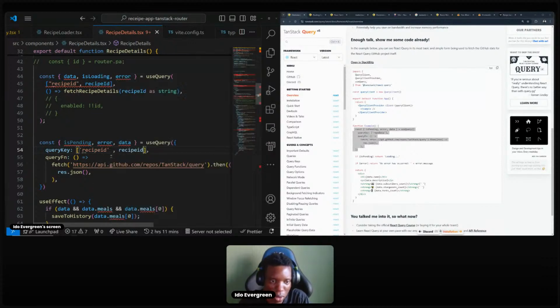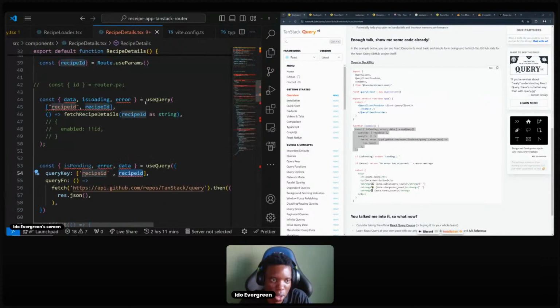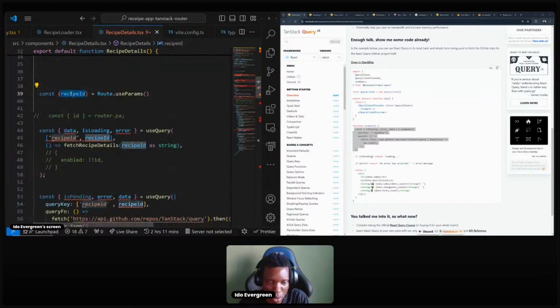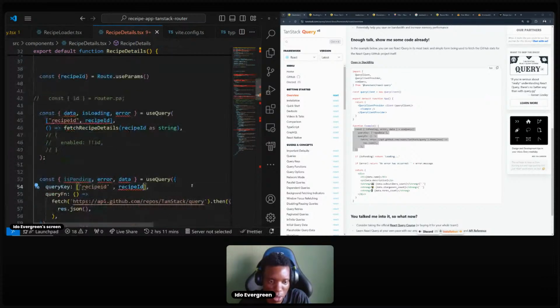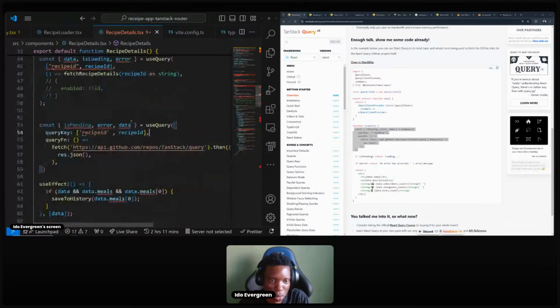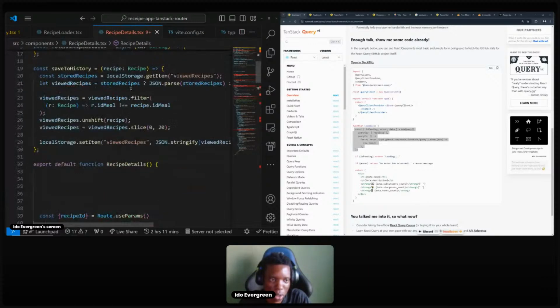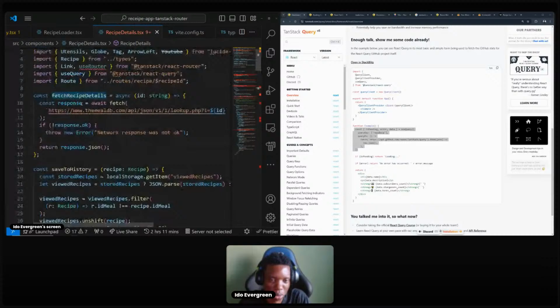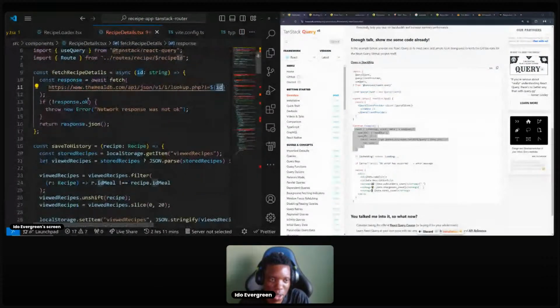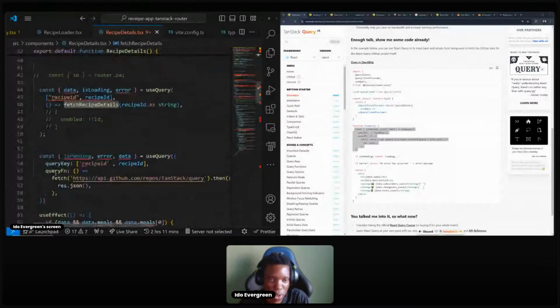Because if you look at it now, let's see this. It says recipe ID, cannot find it. Give me recipe ID. I hope it doesn't throw error like before. Then basically we have access to the ID. Then fetch recipes. Just gonna be the same thing, right? Takes in the ID and concatenate it, add it, response. Okay. So we're just gonna take fetch details into our function right now and say okay, query function mostly is just gonna be